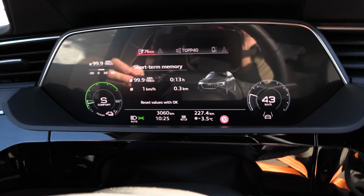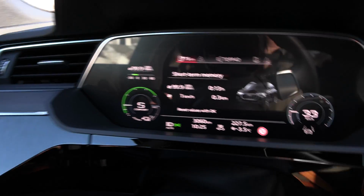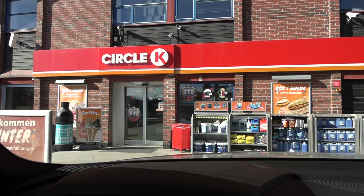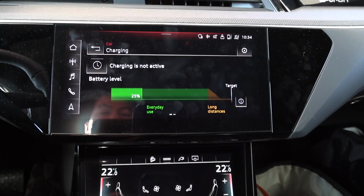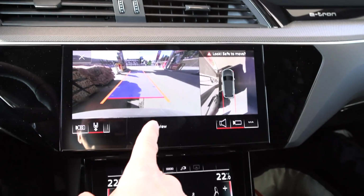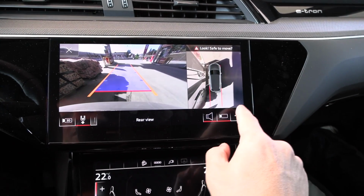Oh, that's plenty of power. Okay, no cold gate here. We are now at Circle K. I'm going to show you a cool feature. This fat e-tron is equipped with backup camera cleaner. You see here, we have reverse now. And if you click here,